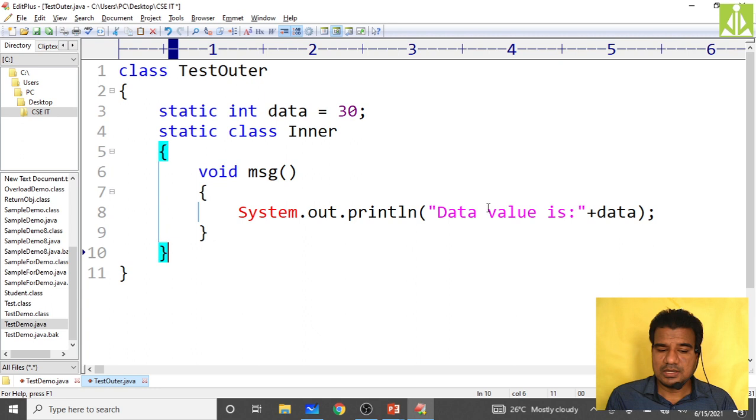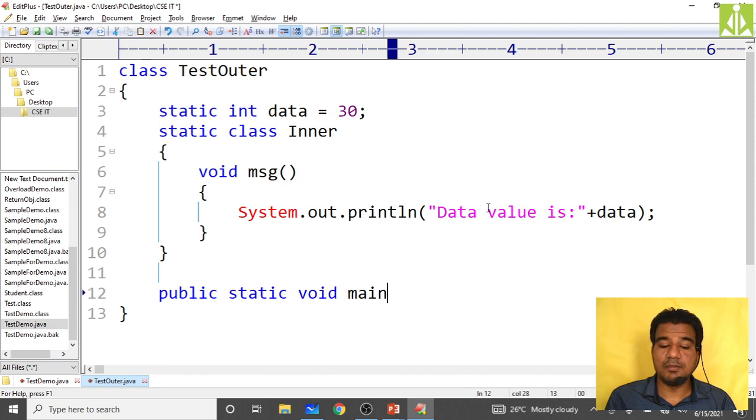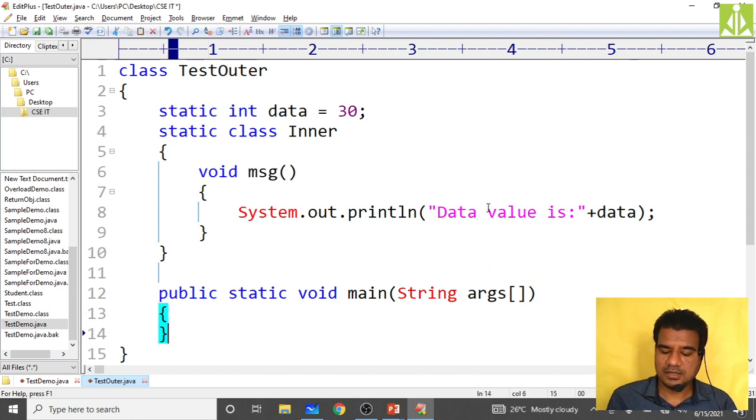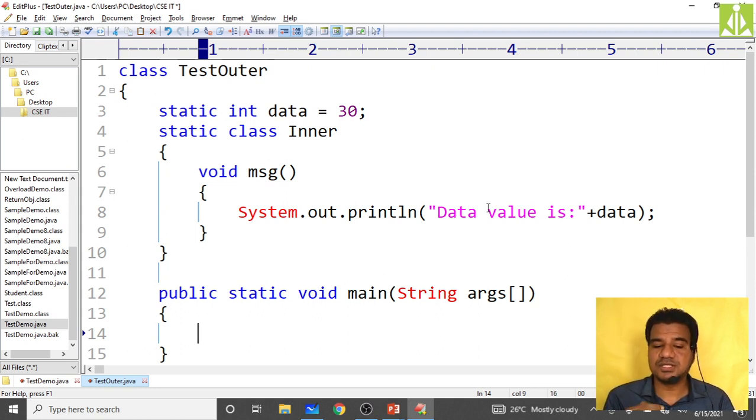Now come out of the inner class and write your PSVM, public static void main of string args. Come down, and in it you try to create the object, because I need to call the message method which is inside the inner class. So how can I create the object for the inner class? I need to depend on the outer class as well.